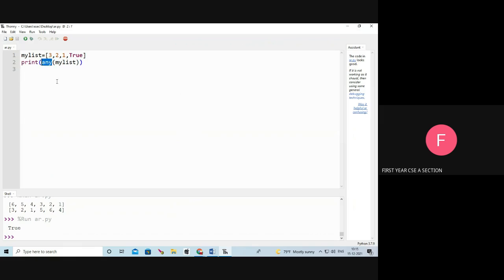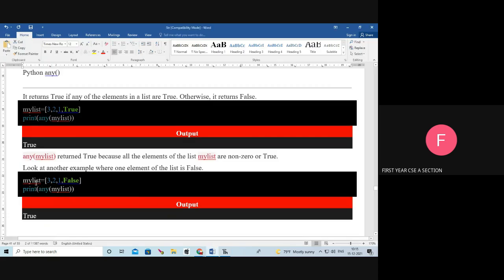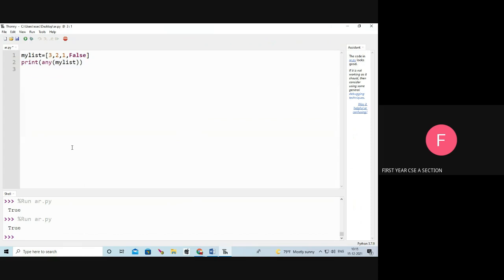Any means any one, so if any one element in the list is non-zero, it is going to check. Yes, 3 is non-zero, so it returns true. See the output. It returns true.